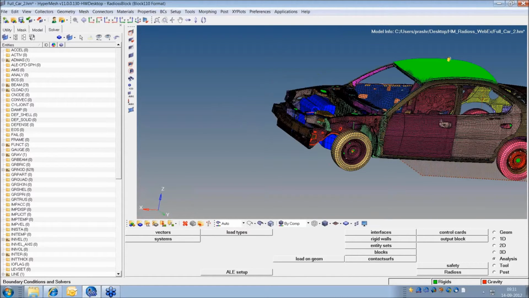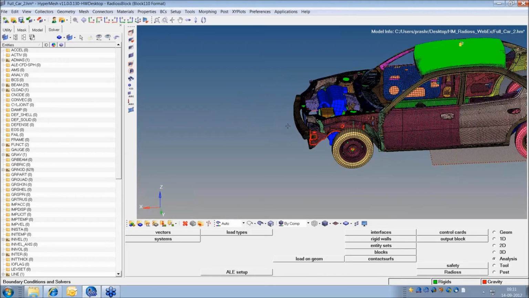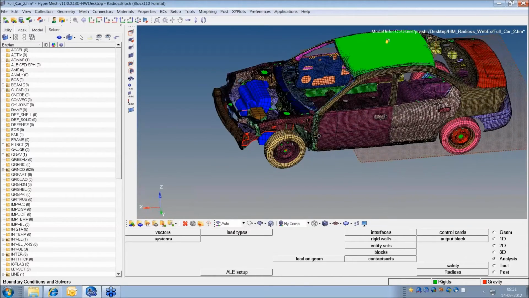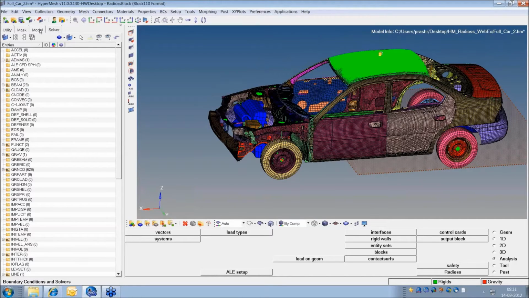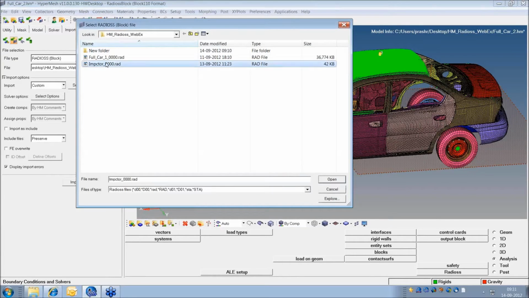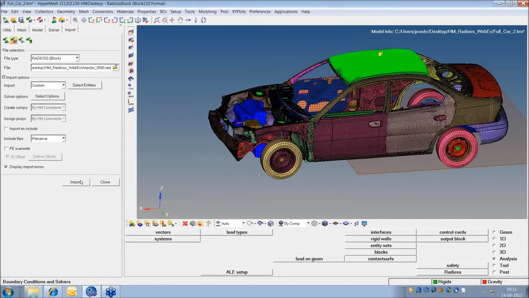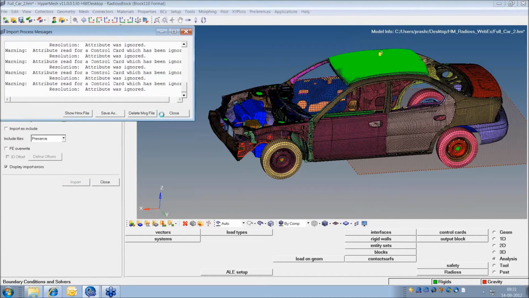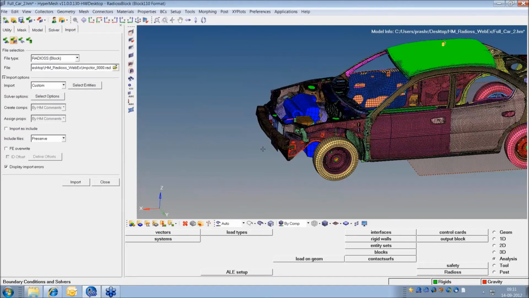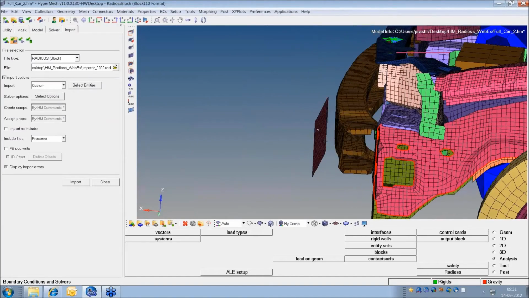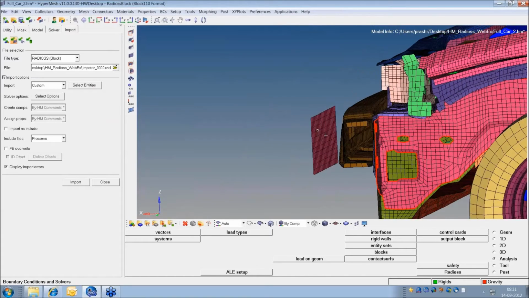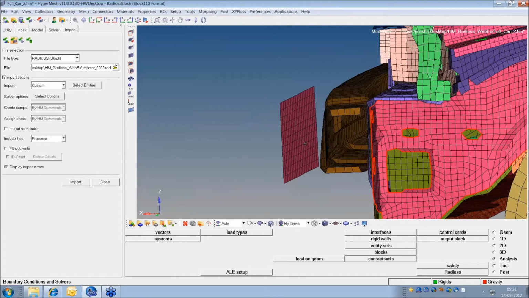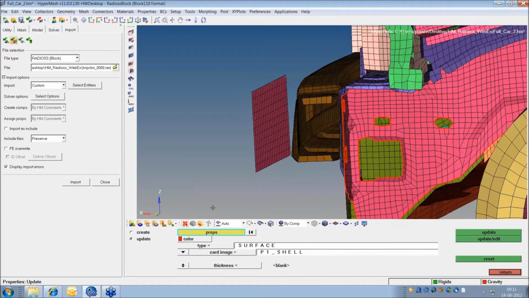Okay, now the car is moving in this direction, so I expect some barrier here, and I don't have any barrier as such as of now. So I want to bring a barrier. I just brought a very small barrier here. As of now, let me see what property and material it has. So property, it just has a 1.2 mm thickness. Okay, that is fine. And material, as of now it doesn't have any material.